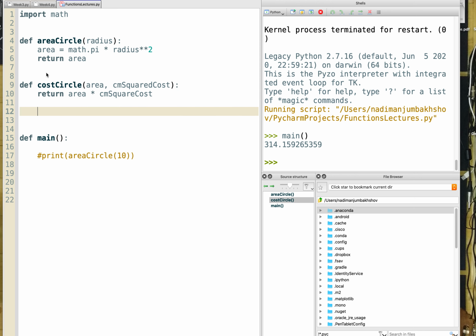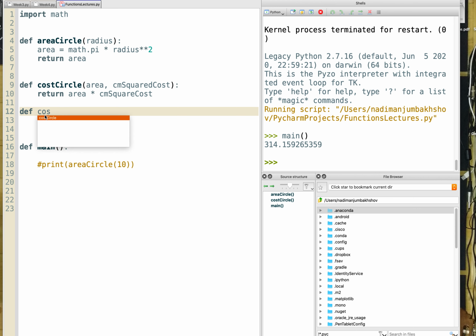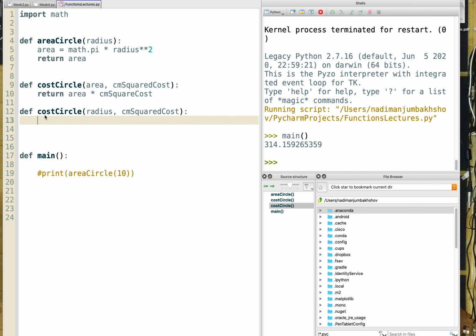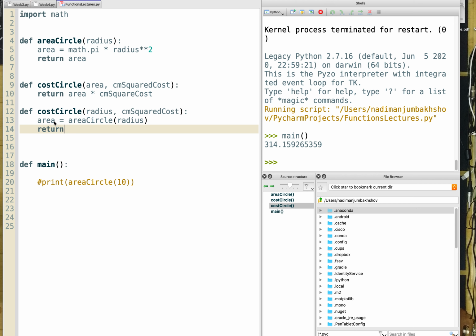Now that's one way of approaching that function. Another way is that if your input is radius, you might want to do it like this. So I'm going to call this cost circle, and I'm going to pass it the radius. I need to talk about something in a moment, but let's just look at this alternative way. If you give me the radius, inside this function, I need to calculate the area of the circle. So I actually need to do the area. I call my other function, pass the radius to it inside this function, and then I return, just like